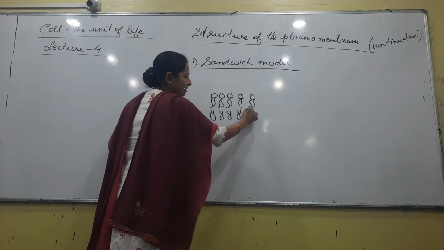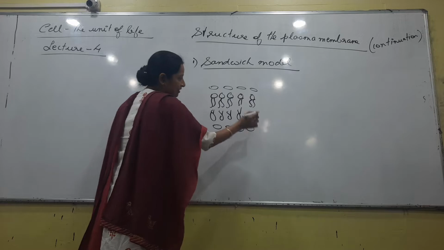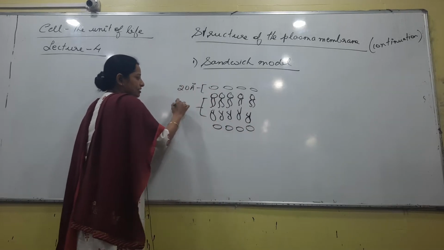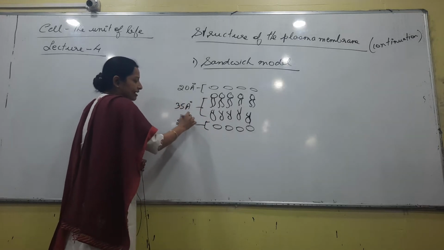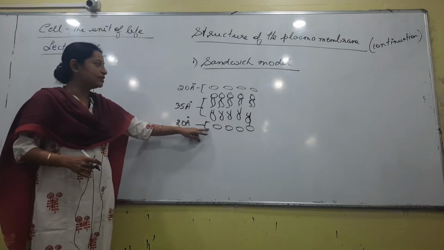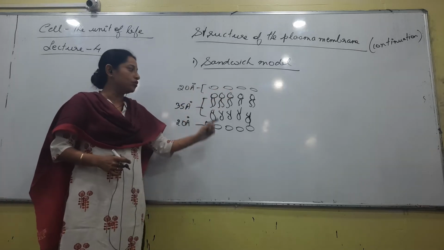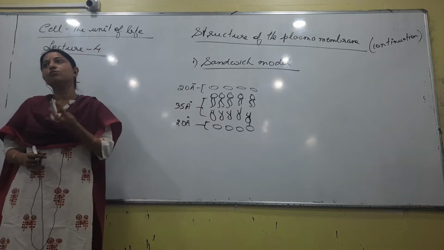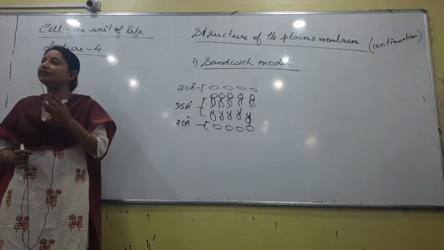Something like this, right? On top of it, what did we have? Proteins, right? And what was the measurement of the proteins? 35 for this one, very good, and 20 for this one, right? Why it was not accepted, and all this stuff we have already done. What is unique about this point is that all the 3 models talk about the constituents of the plasma membrane. Any model we study says that it is made up of a phospholipid bilayer and certain types of proteins.